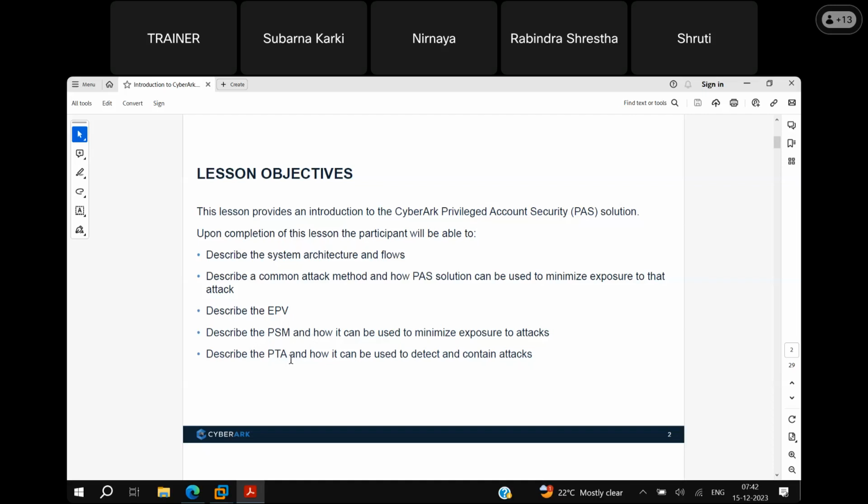And PTA, what does PTA stand for? I know P stands for privilege. So it's privilege threat analytics, one of the components in CyberArk. We'll discuss EPV, PSM and PTA in the further slides.